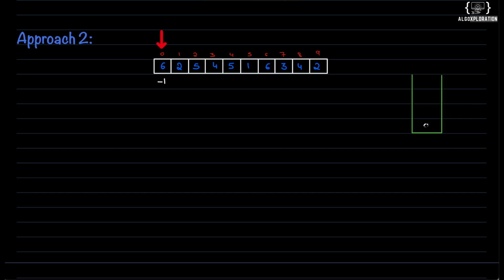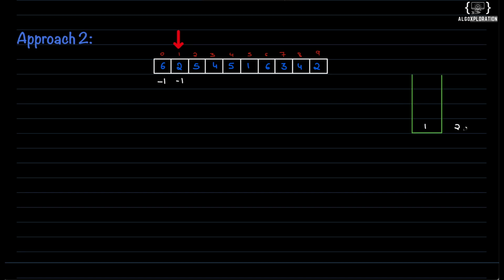So 0 is stored and the value of this is 6. Only for our reference I am writing it over here. If I have 2, for these elements, can 6 be the answer? The answer is absolutely not. 6 can never be the answer if 2 is in the middle, because 2 is smaller than 6. So for this I will be simply deleting this 6. And again the stack is empty, so I will have -1 for this, and I'll store the index of